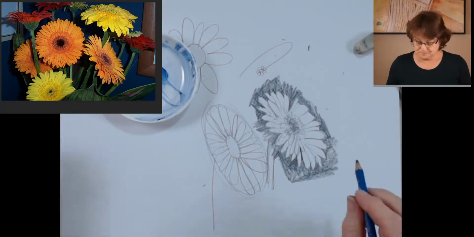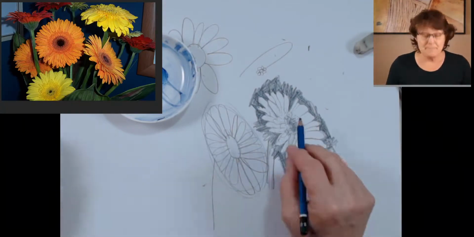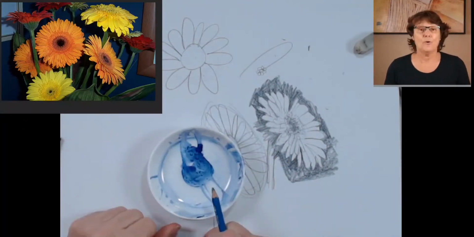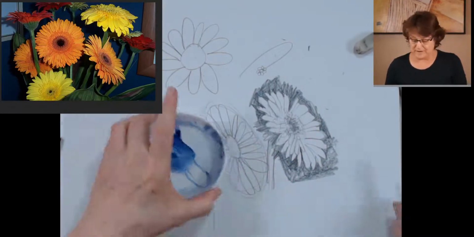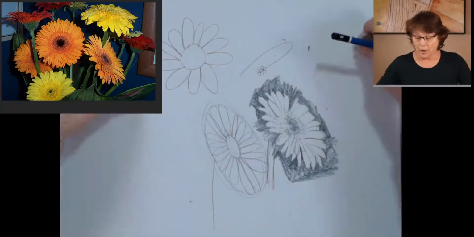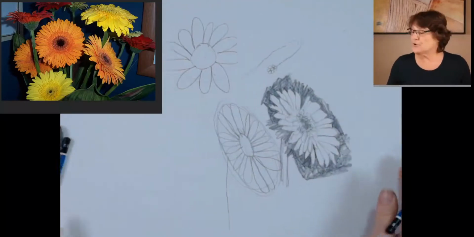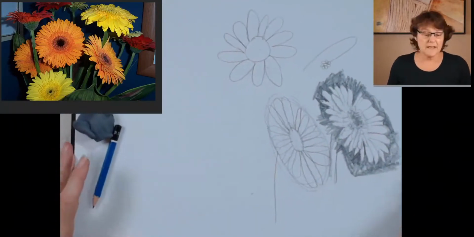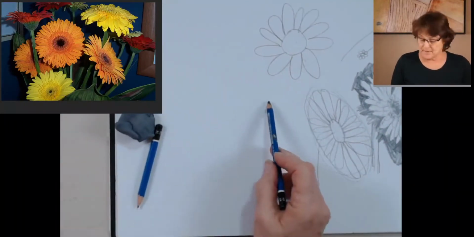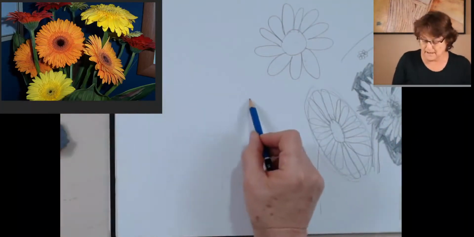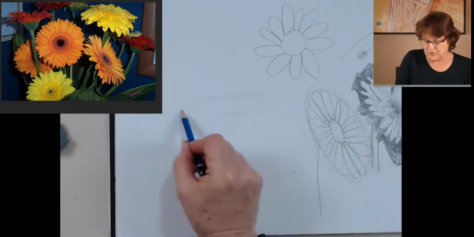So remember that they are saucers or bowls, depending on the flower. So I have got another couple of flowers to show you, but before I do that, I just quickly want to demonstrate that red flower in the top left hand corner. That's what I showed you was the